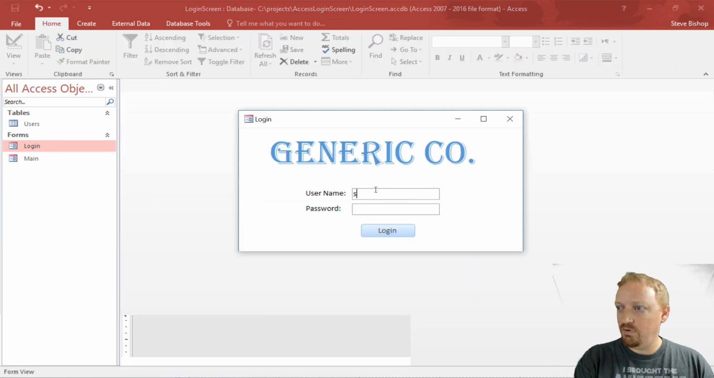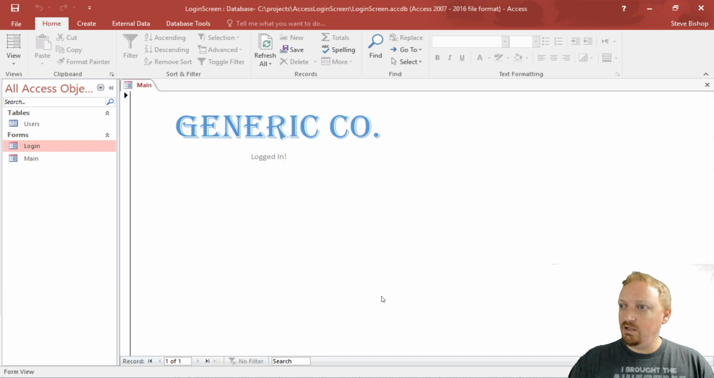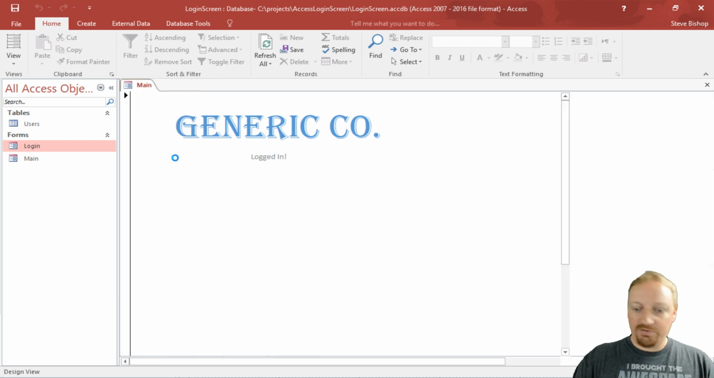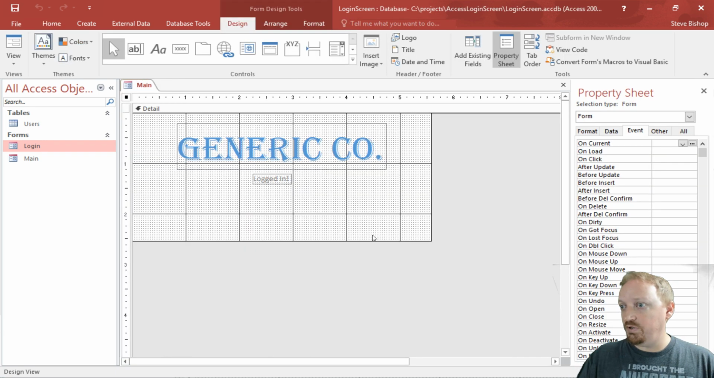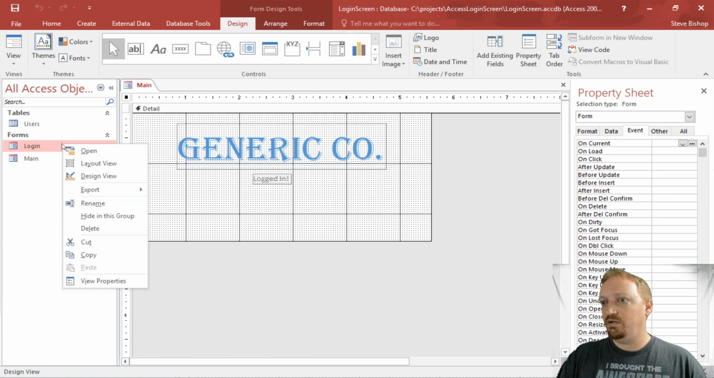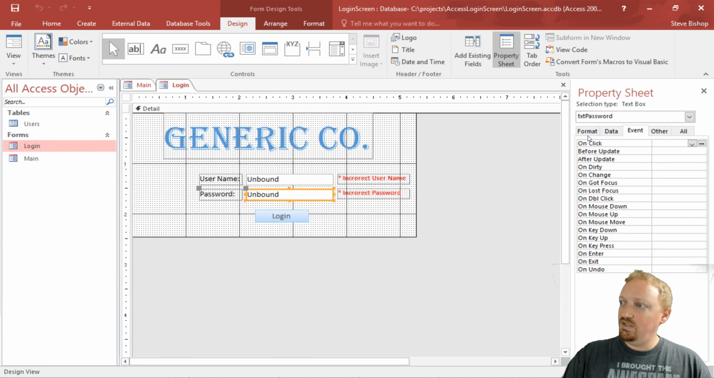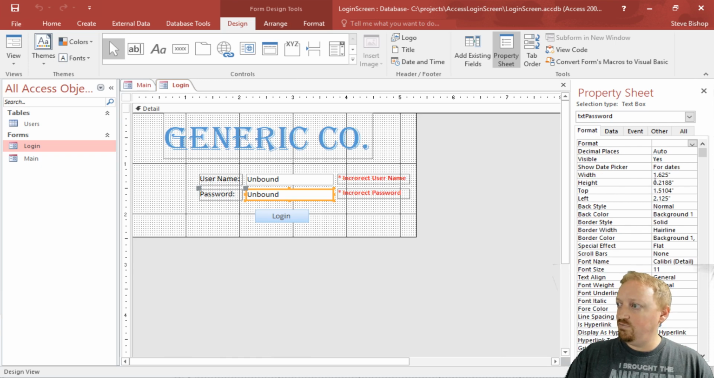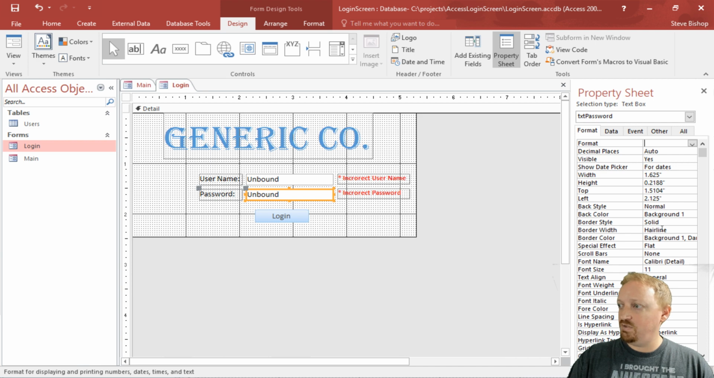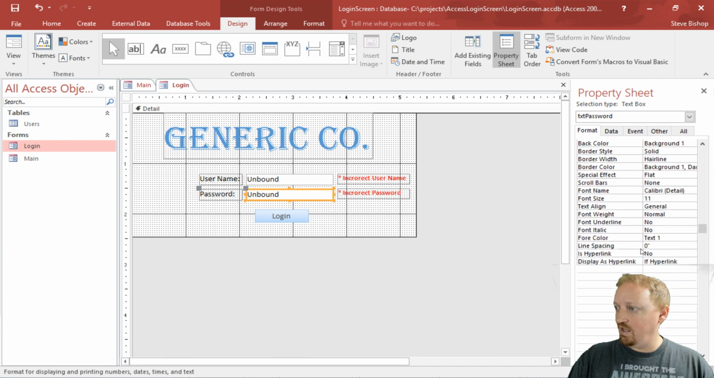sbishop, password on exclamation, login, boom, we're off and running. We've got the template here for a login screen. We got a couple other things we can probably do to spruce this up a little bit, right? So like the design view here, let's change the password so that it is all dots, right? We don't want the password to actually be visible,